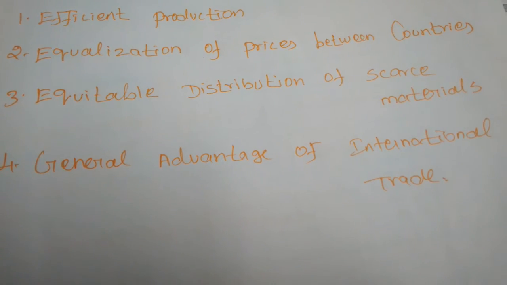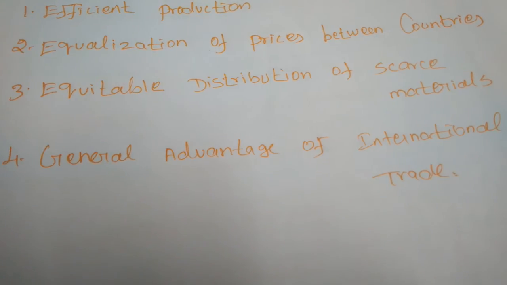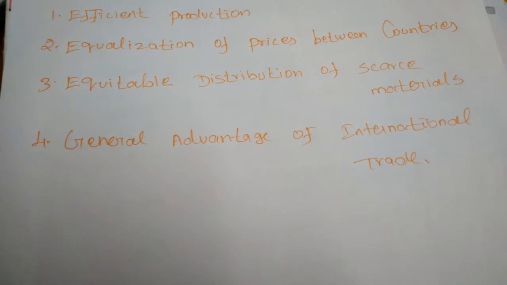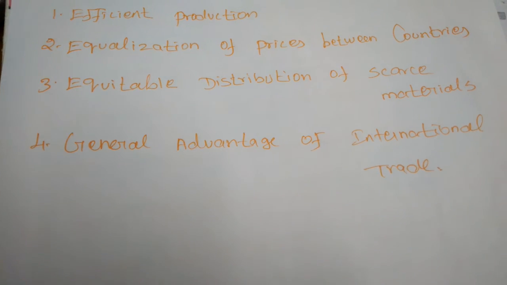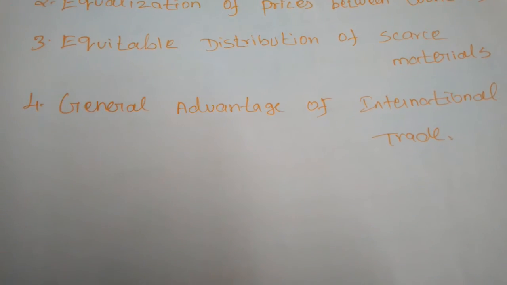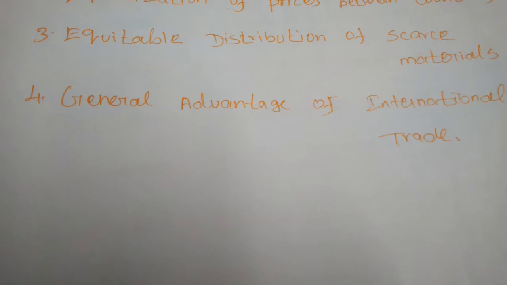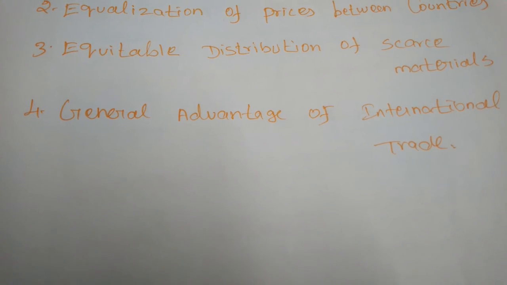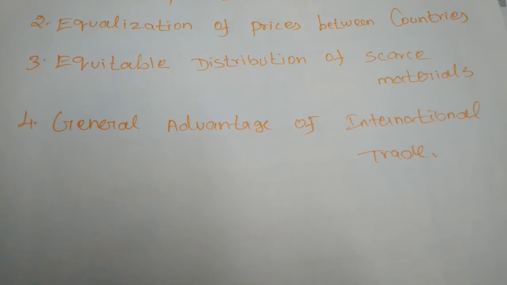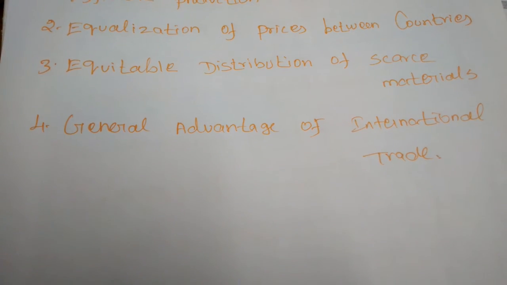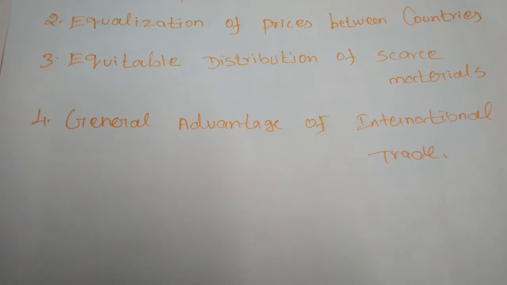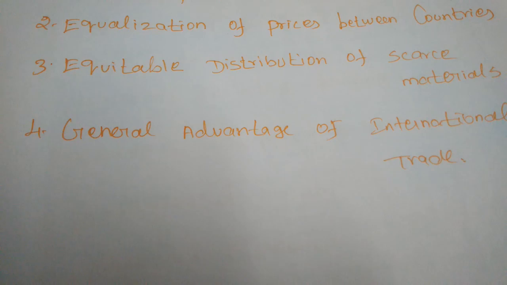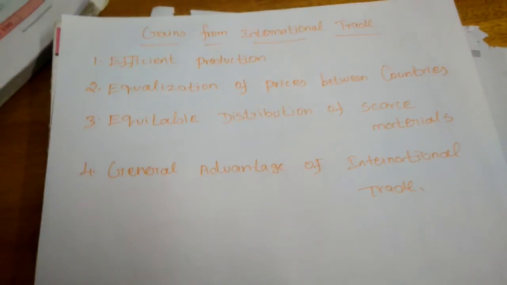Next, improvement in relationship among countries. If there is no dealing, no financial or trade relationship among the nations, quarrels and controversy among the nations may arise. But when all the nations depend on other nations to trade, there is no chance of quarrels.